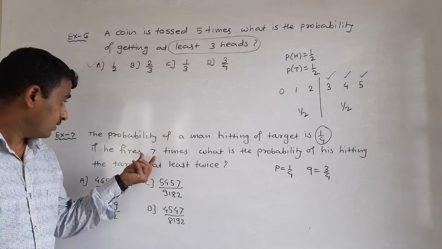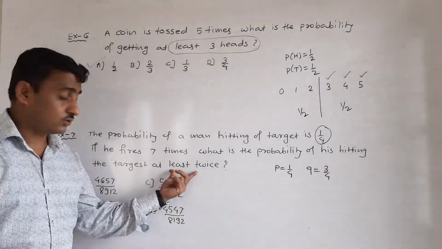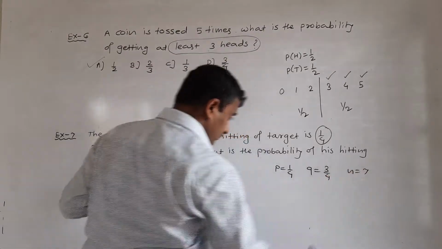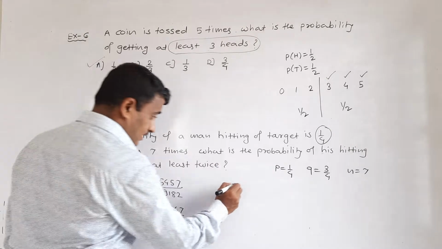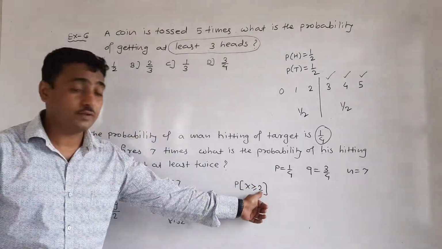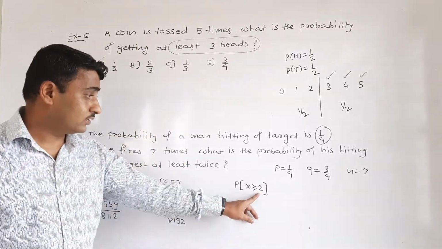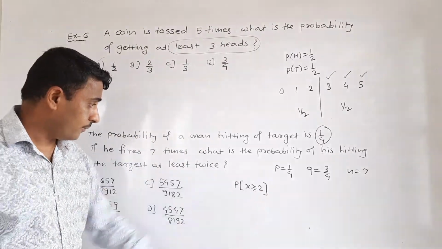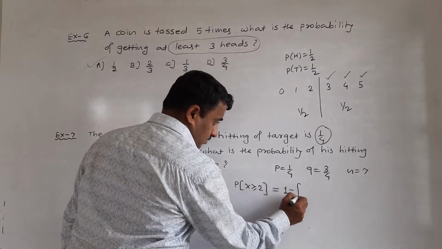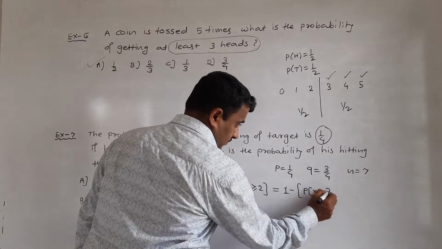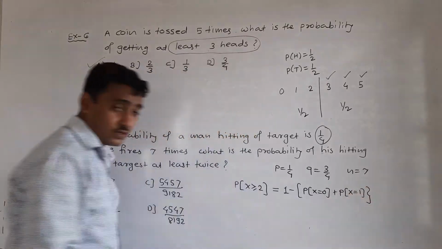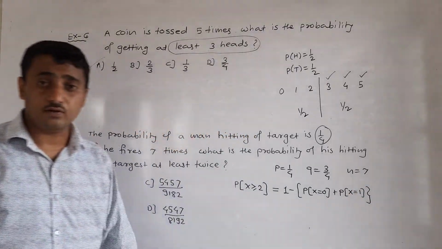Now my next target is at least twice, probability of at least twice विचारला. N is equal to 7. At least twice, that is probability of x greater than or equal to 2. कमीत कमी 2, पुढचा कुठलाही चालेल, 7 पर्यंत चालेल, 2 3 4 5 6 7 पर्यंत चालेल. Probability of x greater than or equal to 2, I write 1 minus probability of x equal to 0 plus x equal to 1. म्हणजे मी उलट रिवर्स क्वेश्चन करणार, 1 मधून मी तेवढे वजा करणार, x equal to 0 and x equal to 1.